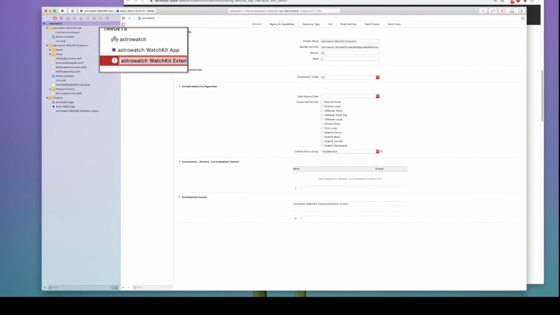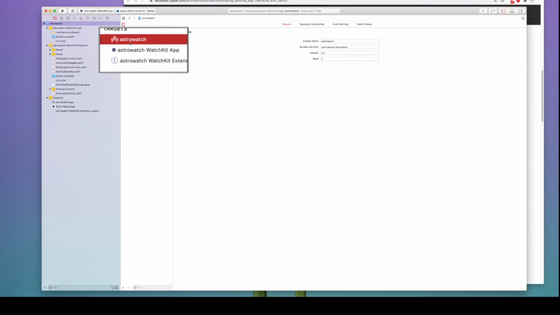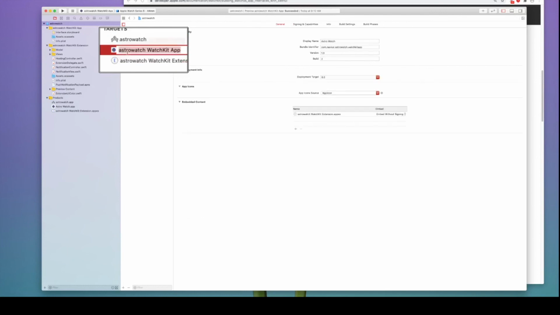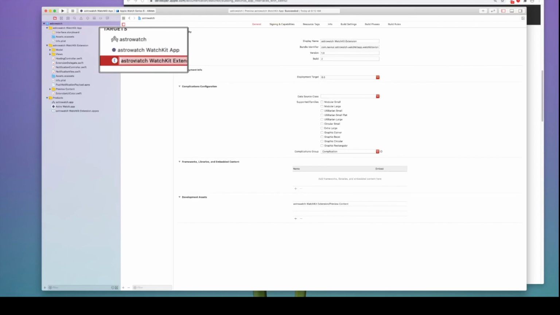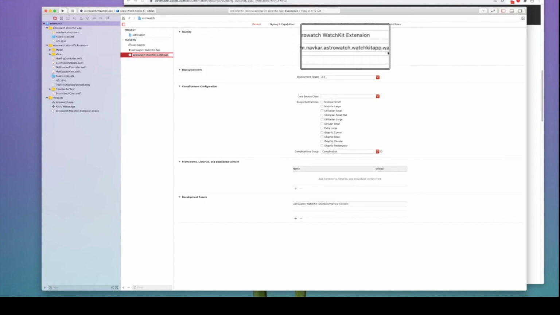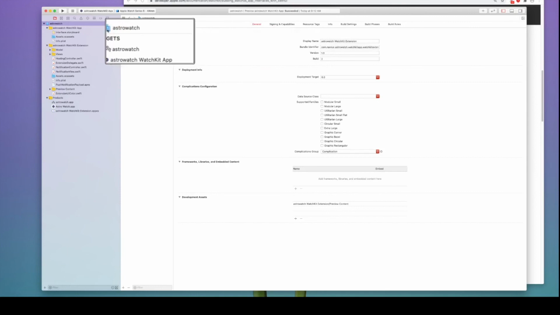But make sure that the version and the build are identical in all the 3 targets. For example, in the first one, I have 1.0 build 2, the second one is the same, and the third one is also the same. So make sure that for all the 3 targets, the version and the build are identical. And the bundle IDs will be different anyway because there are 3 different targets.